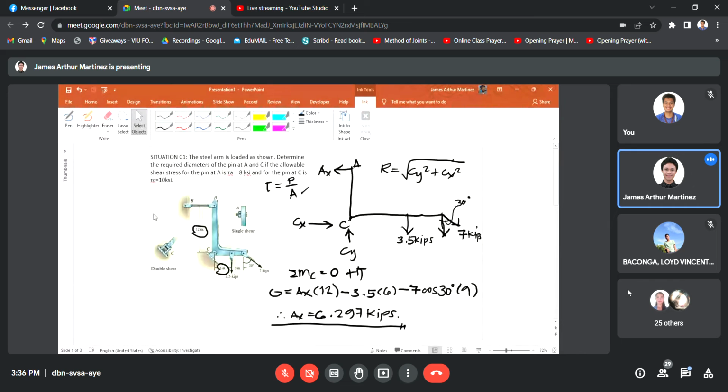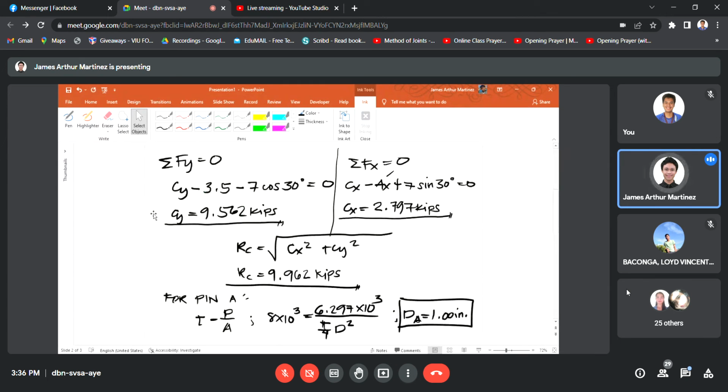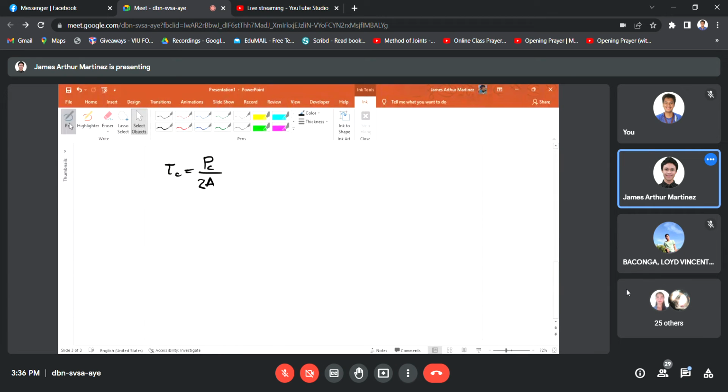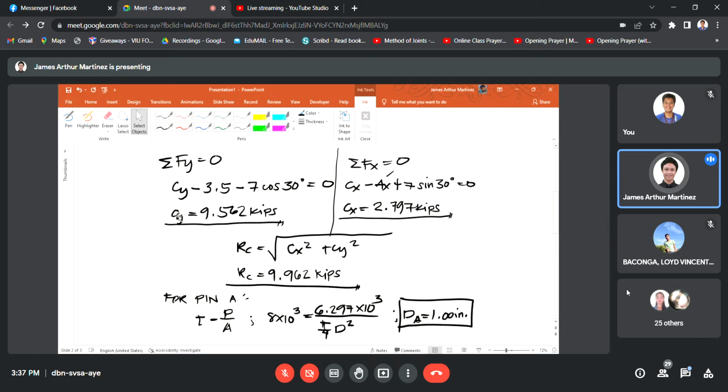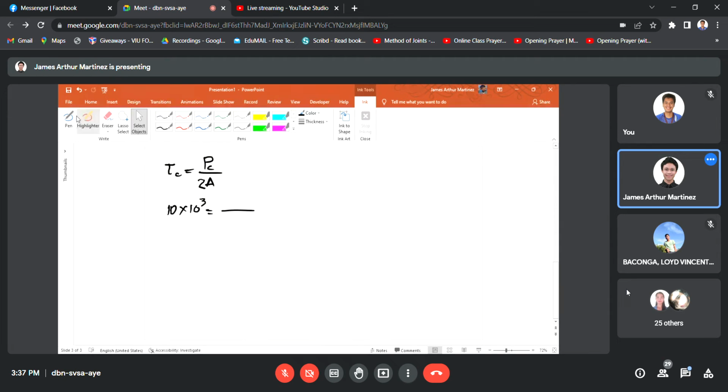So, the allowable shear stress for pin C, we have 10 KSI, equal now to the total reaction at pin C, that is 9.962 kips, over 2 times